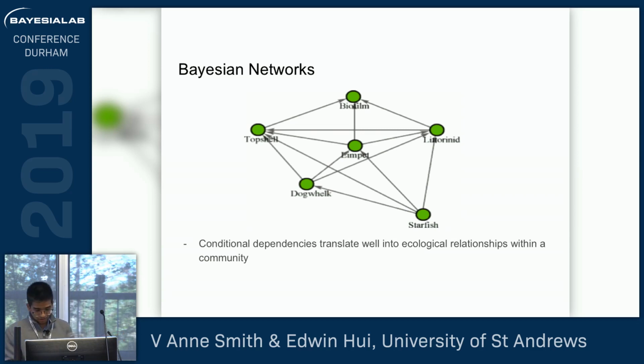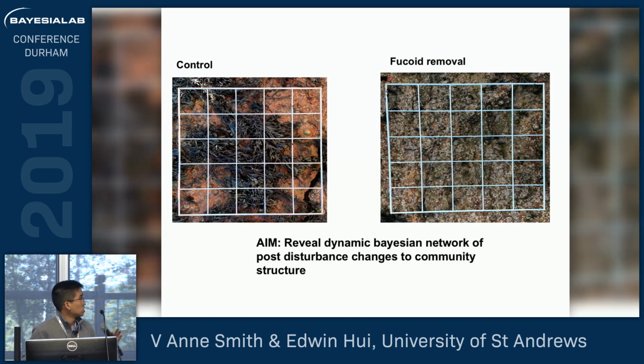So now I'm going to talk about a little bit of what I'm doing. I've been using quadrats to sample ecological data along the rocky shores. On control quadrats, I would sample 10 of them and basically do nothing with them and count data over 15 days. On the other side, I would remove all of the fucoid algae and track the changes, counting the data